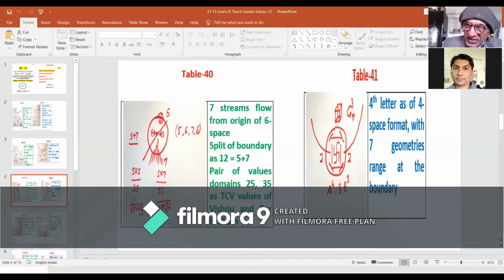Therefore, the fourth letter as TC value 7 is parallel with the 7 geometries range of the solid boundary of the creator's space, and the domain boundary ratio A raised to power 4 is to 8 B raised to power 3 will further lead us to a blissful state as to how there is going to be a transition here from value 7 to value 8, the value 7 remaining at the boundary as a mundane state, while value 8 is going to be a subtle state. A step ahead,